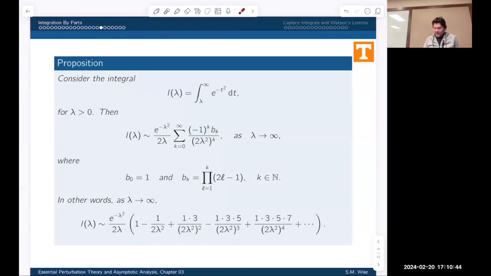Okay, so the asymptotic expansion then ends up looking something like this. This is another way of writing it. If you want to write an asymptotic expansion, you don't have to use a summation with an upper limit being infinity. You can use your good old-fashioned dot, dot, dot to indicate that things go on and on forever in this fashion. What do you think? Does